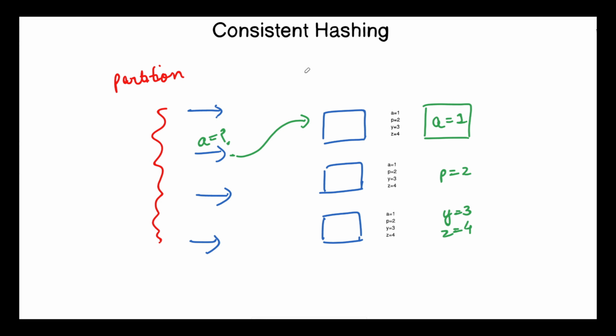One way is to partition the data based on the range. So let's say you have keys from A to Z. So you partition this range into 3 segments: A to L, L to maybe R, let's say, and R to Z. So the first segment, A to L, will be contained in the first server. From L to R, the keys will be present in the second server, and from R to Z, the keys will be present in the third server.